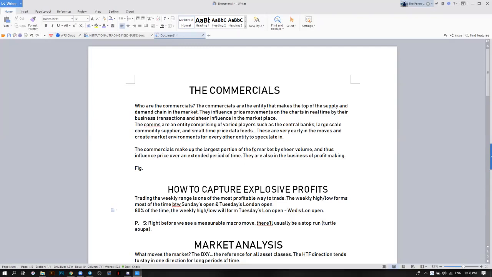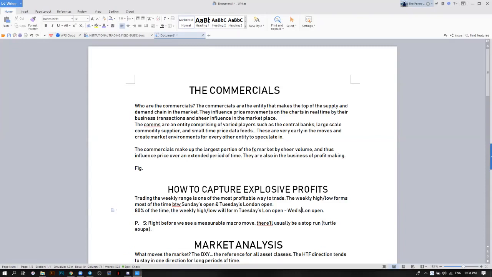Every other player in the sense of the retail traders, the institutions, the hedge funds, all those people. So it is the commercials that create the environment for every single person in the marketplace to speculate in. So without them, there is not going to be a Forex market. Okay, so they are the ones that create the environment for everyone to be able to speculate in, whether